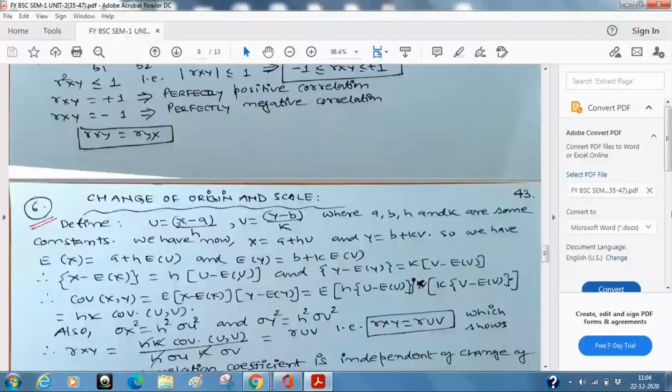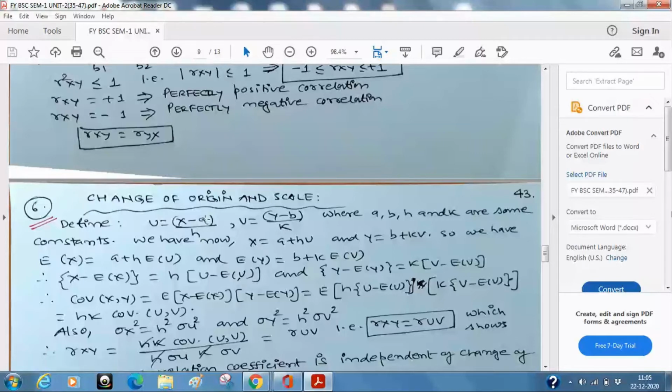So what I do, I just take the x variable, whatever is my data, and subtract the value a. Once again I will remind you, a is generally taken in the center of the data because it is assumed that most of the values are concentrated or have a tendency to move towards the center. So of course a can be an arbitrary point, but generally a is not taken in the beginning or in the end of the data. This is the guideline I wanted to give you, that a and b are arbitrary numbers, but generally they are taken in the middle of the data so that you can reduce the dimension.